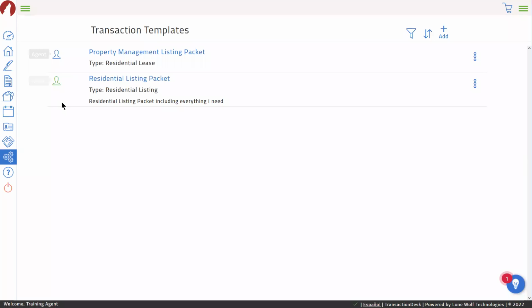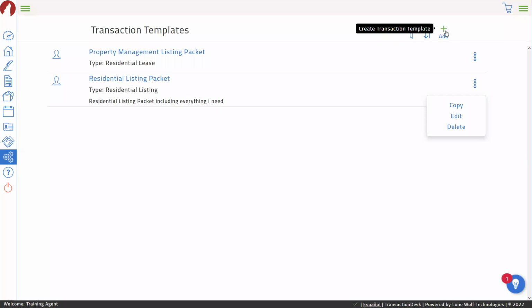Or we can even take some of the ones that are already present in the system that you've created and create a copy, or if there's one that your office has created, you can click on the menu button and copy that one instead. Now, for instance, if I've already created something, I can go over here and create a duplicate of that exact same transaction template and then add in additional forms so that if you want to do effectively an all-in-one,